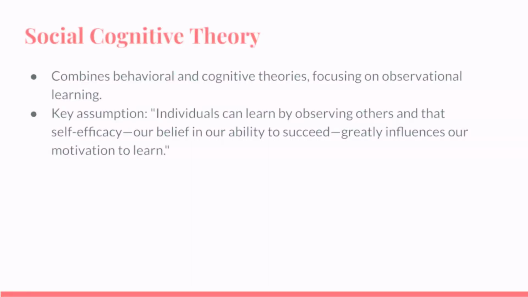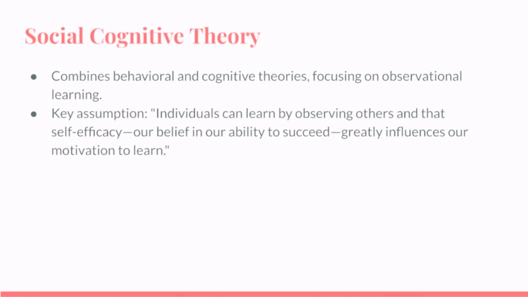And the last theory, social cognitive theory, combines elements of both behavioral and cognitive theories, focusing on observational learning. A key assumption is that individuals can learn by observing others, and that self efficacy, our belief in our ability to succeed, greatly influences our motivation to learn. In our book, Chapter 10 emphasizes that this approach recognizes the importance of both observational learning and confidence in educational